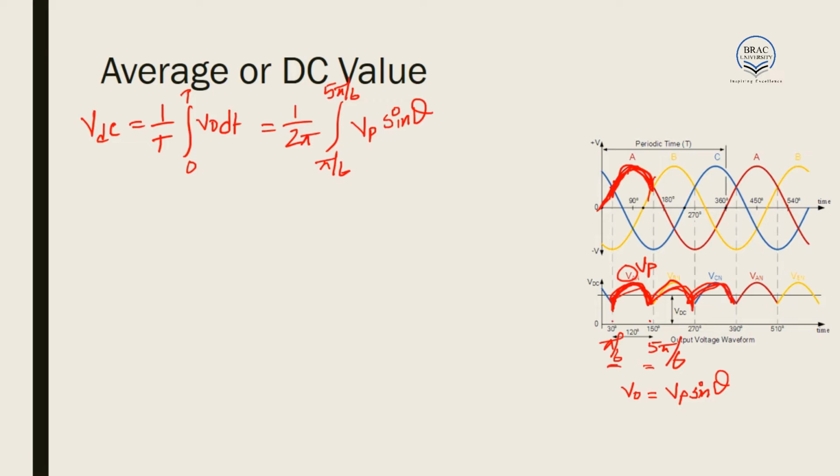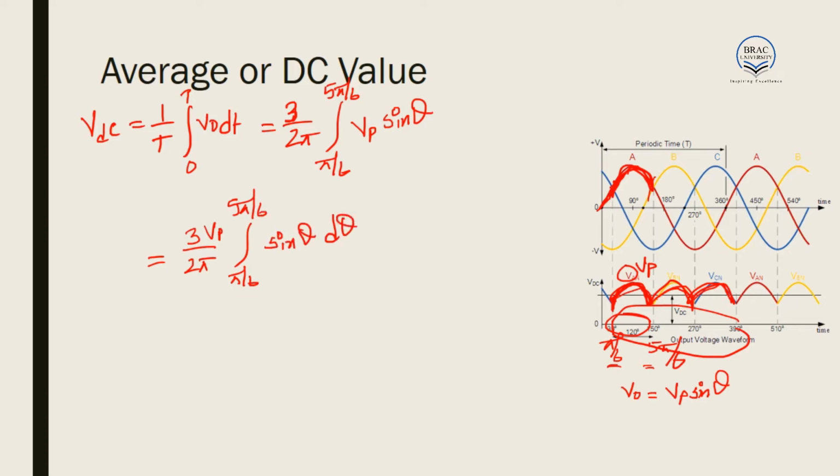As a result, we have to multiply by 3 here, because we are considering only 120 degree. If we consider the entire cycle, that is 360 degree, we have to multiply by 3. So we have 3 by 2 pi, we multiply Vp, and here we have integration of pi by 6 to 5 pi by 6